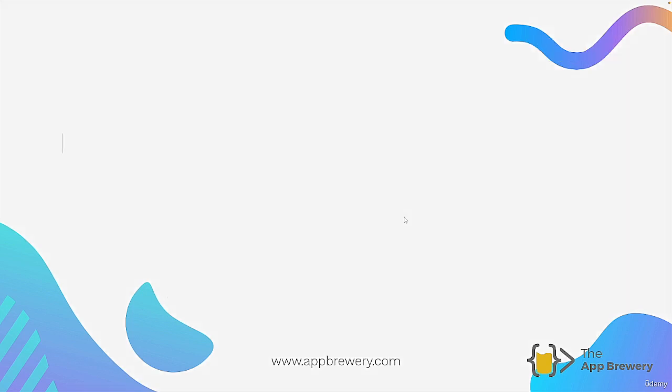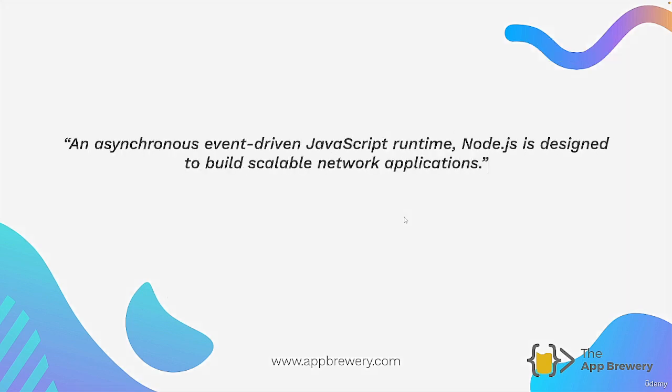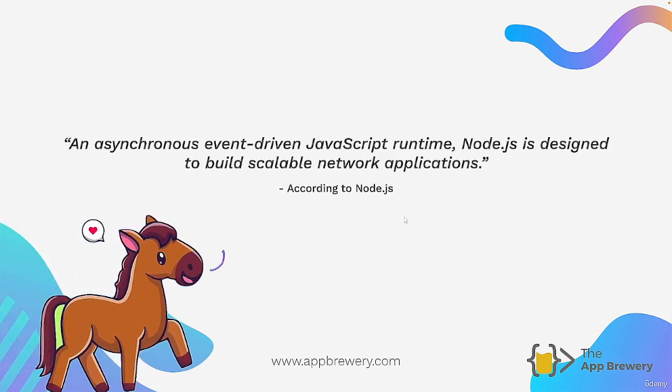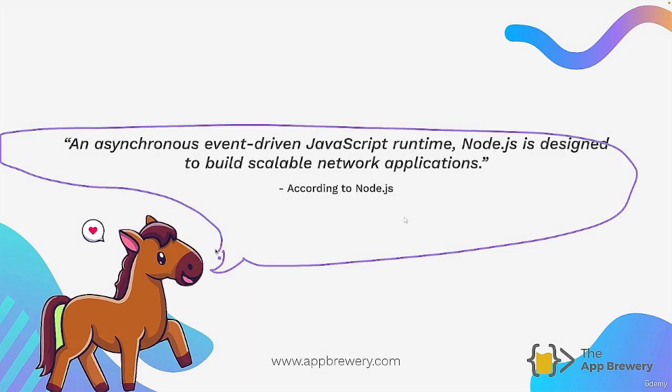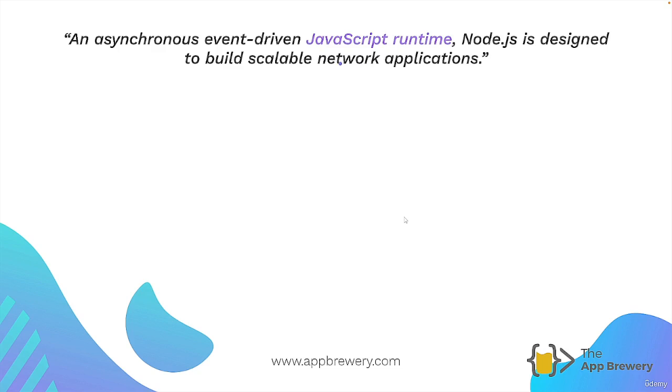But when we think about Node, it's actually not quite a framework. It's an asynchronous, event-driven JavaScript runtime. Node.js is designed to build scalable network applications, and this is according to Node.js themselves, so pretty much straight from the horse's mouth. So it can't get more accurate than that. Now, what does it mean? Let's break it down. It's a JavaScript runtime. Now, what